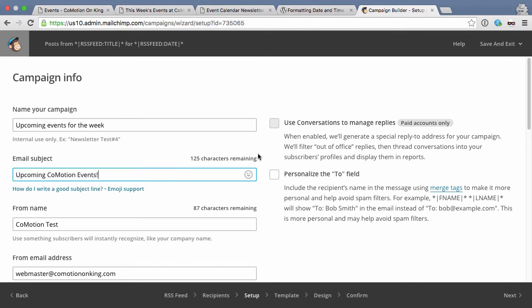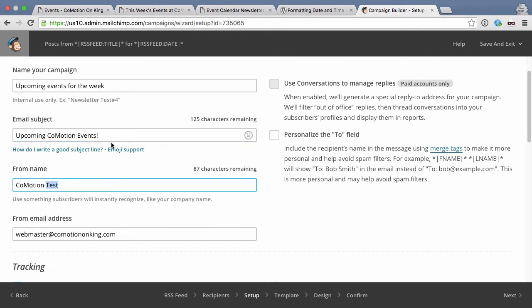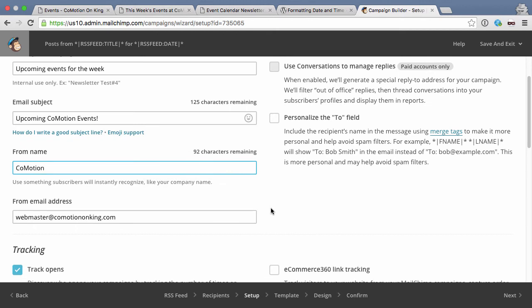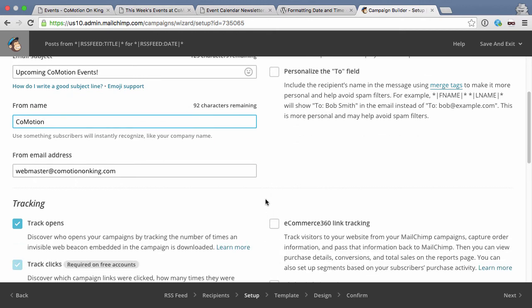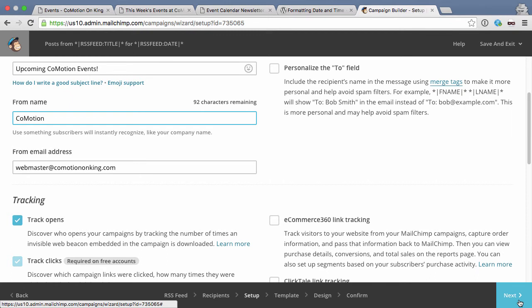Obviously you could pick whatever subject you'd like. For our from name, we'll just change that to CoMotion. And the from email would be your email. It's usually good to have it come from a person as opposed to a company, but it depends on what the branding you have is. So if you go next,